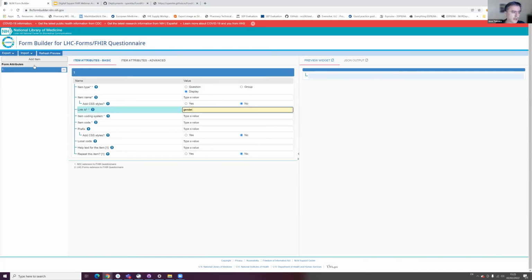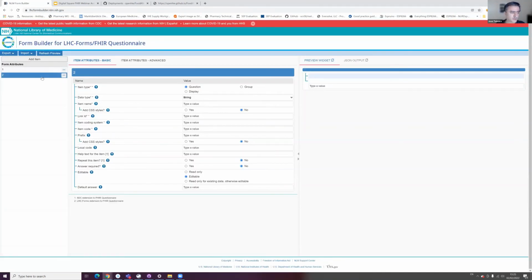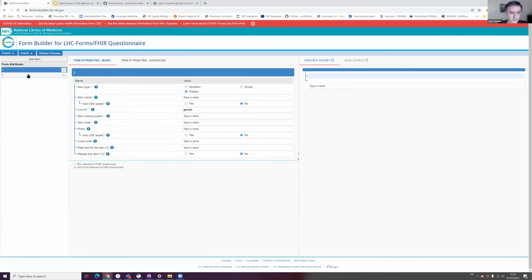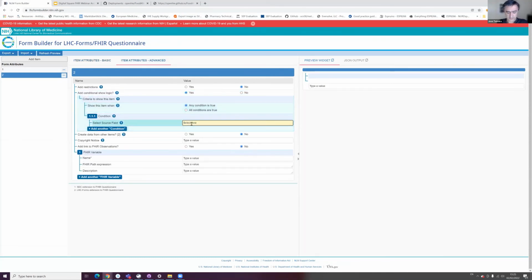then you could add another item, and then this other item is a question as well. I'm not doing this with the right syntax, so there's a couple of iterations that we could do, and you can always go back to us on chat.fhir.org or read through the examples. But if I have the question, the first one is gender, so I can go here and say conditional show logic, yes, if gender is, you can do this. Again, I'm not sure about the quotes and double quotes, etc., or if it's equals or double equals. I don't know if this is the perfect syntax for this,